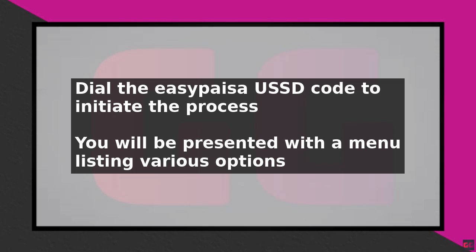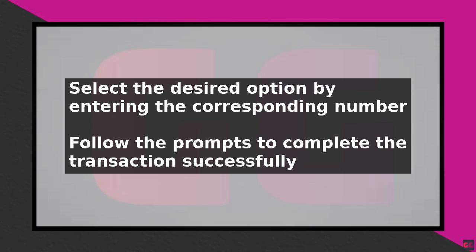After entering the necessary details, you will be asked to confirm the transaction by entering your mobile account PIN. Once you have confirmed the transaction, you will receive a confirmation message indicating that the transaction has been successful. It is essential to note that you should only use the USSD service from your registered mobile number, and ensure that you have sufficient balance in your mobile account to perform transactions. Additionally, you should keep your mobile account PIN secure to prevent unauthorized transactions.